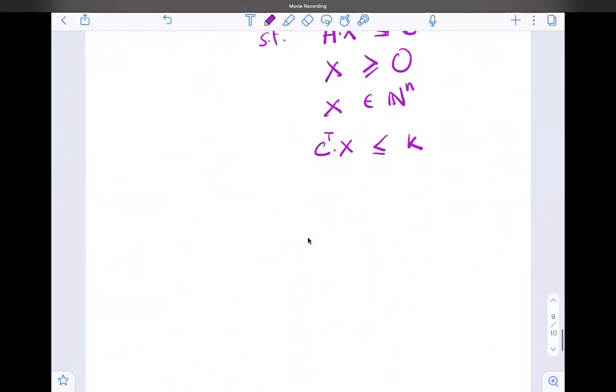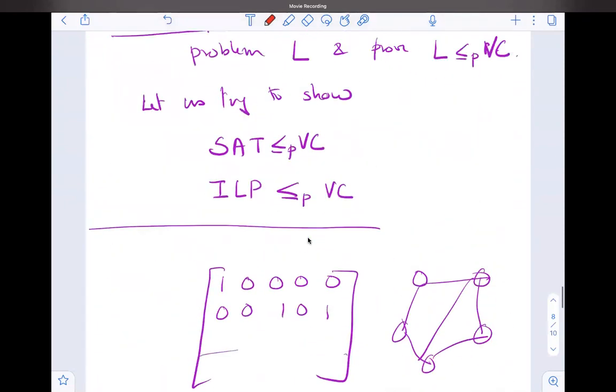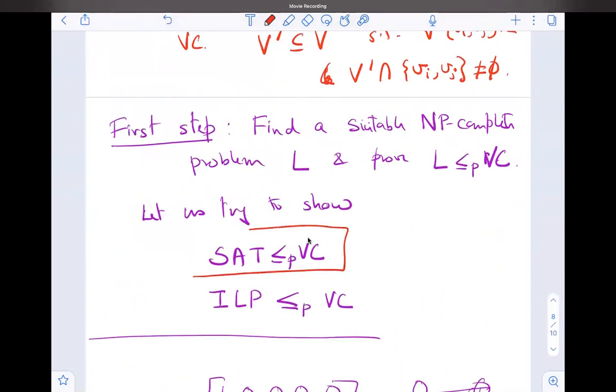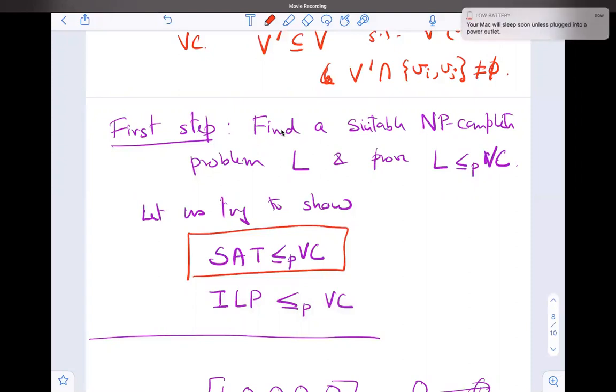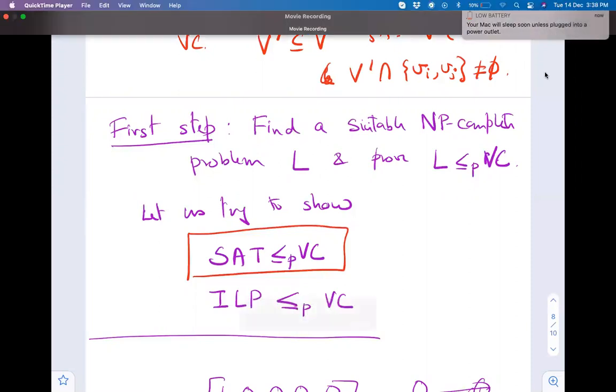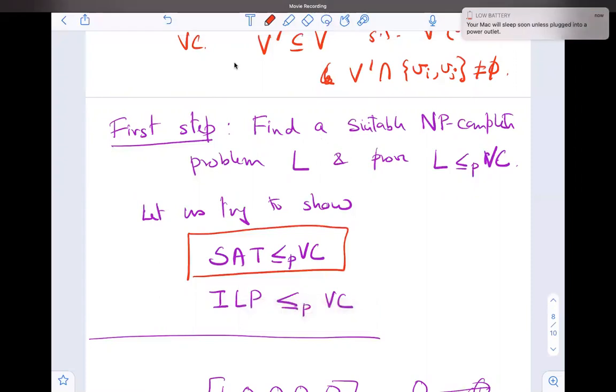Okay, so what do we have to prove here in this case? One thing is that we have to first find out our correct approach. So let's start with this: I will take an instance of SAT and convert it to an instance of vertex cover. Yes, Chotim says we have proved ILP is NP complete. That's true. So if you want, you can reduce from ILP also. You can take an instance of ILP and convert it to an instance of vertex cover.